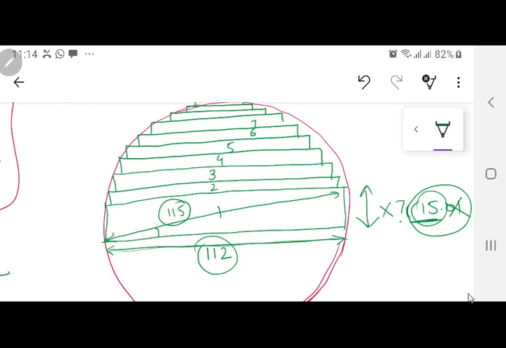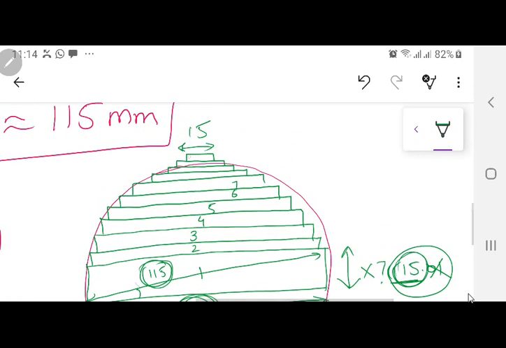If this is 115 diameter, I have taken arbitrarily 112 mm. I can take 113, 114, it would be up to me. Okay? But based on this 115, I know this x distance, it has to be coming out to be 15 point some value. I have taken or truncated the decimal part. I am going with the 15 value. Now if this is 15, this distance over here for the smallest is also going to be 15, because I want to make it a perfect circle. Now I am going to choose this as 15.